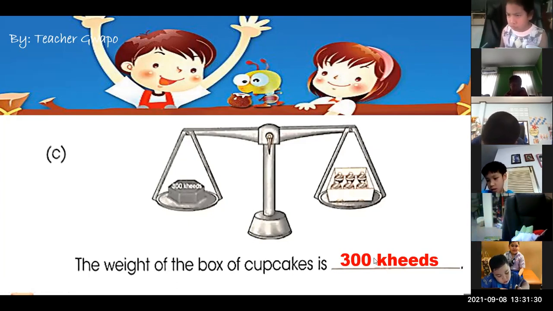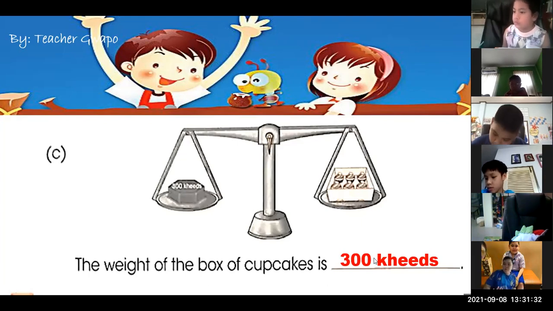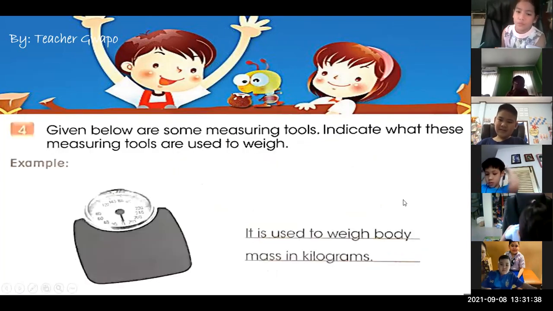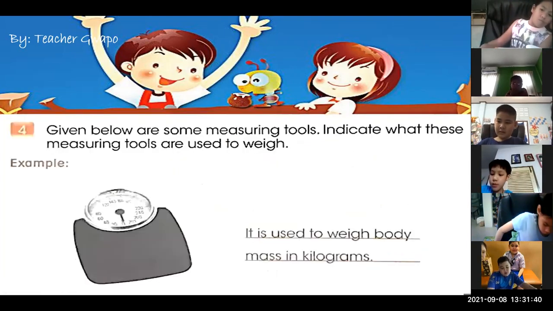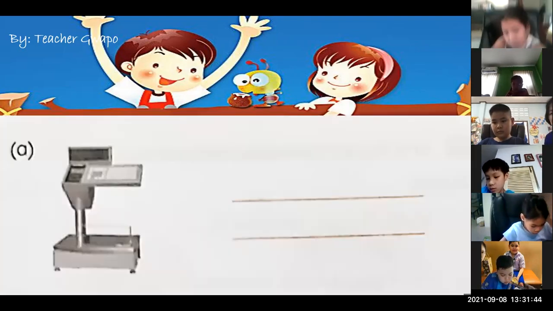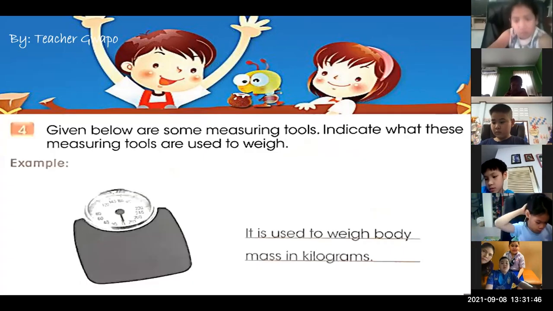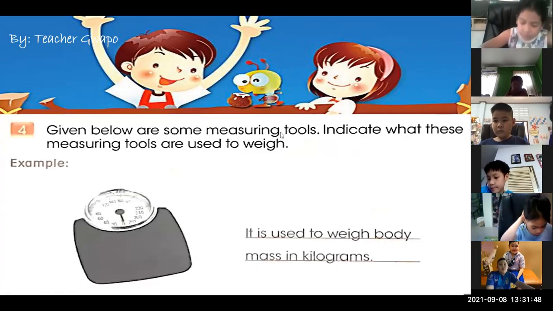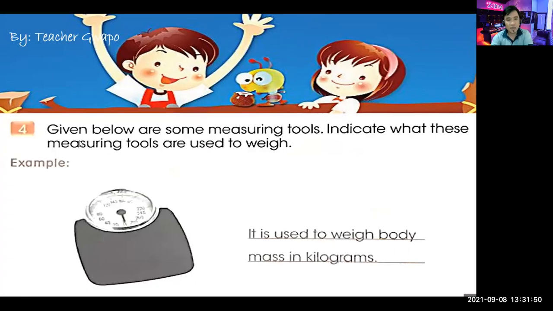Now let's proceed to the next one. This one you can answer in your book later because the answer here is quite long. In letter A, this is the example. The example here, let me read it to you. Given below are some measuring tools, and it indicates what these measuring tools are used to weigh. Just like